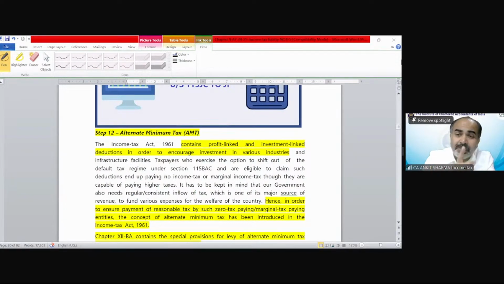Now what will happen? The assessee will complain, the assessee will object. This is wrong. You have said that you will not charge any income tax from us for the next 5 years, suppose. But now you are charging in the form of AMT. That is also against the income tax part. So what is the benefit of that exemption? That is cheating with us. So the department says no. If you are going to pay AMT tax